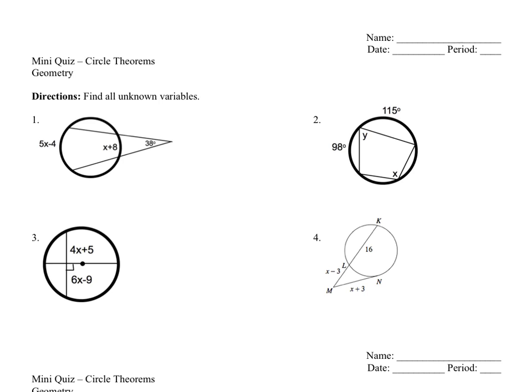If we look at number 1, it's giving you arc measures and an angle measure. So what kind of angle relationship is that? Well, this is an exterior angle. So how do I find exterior angles? I do big arc minus little arc divided by 2 equals the angle. So big arc